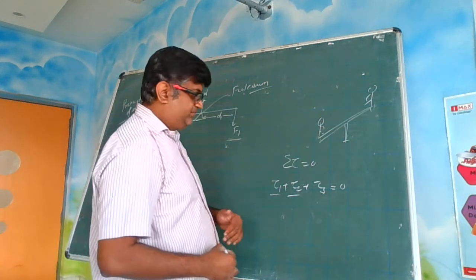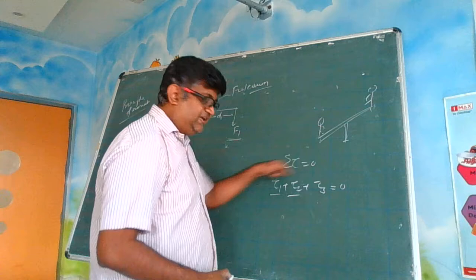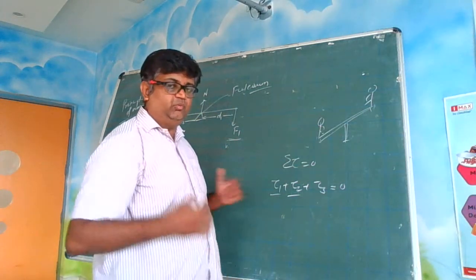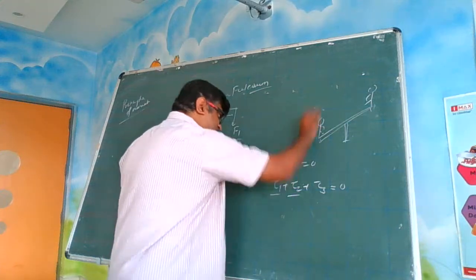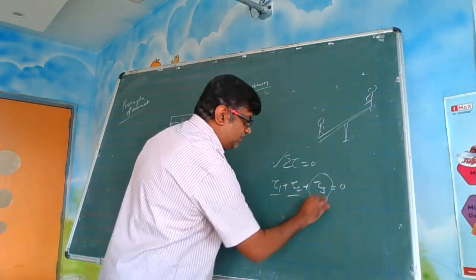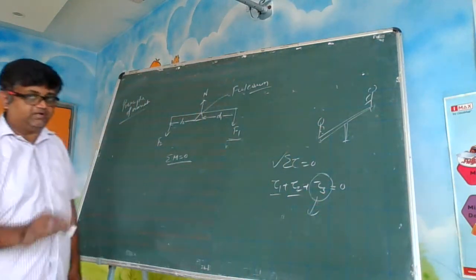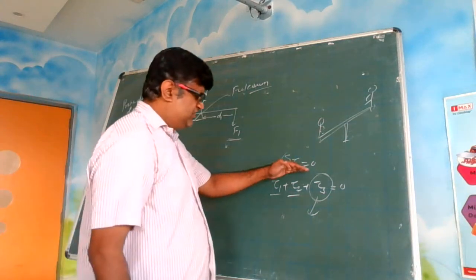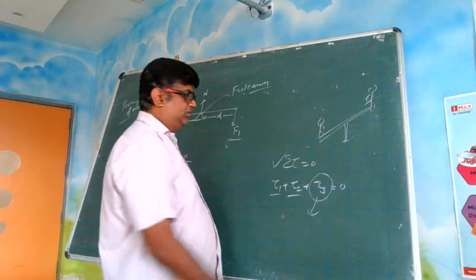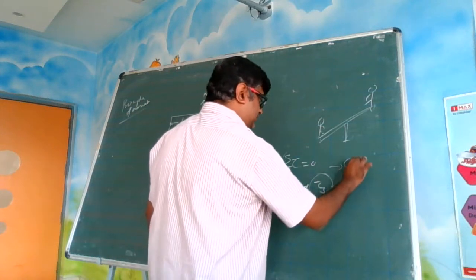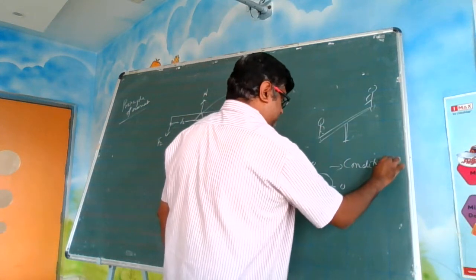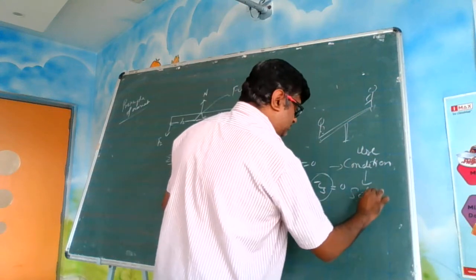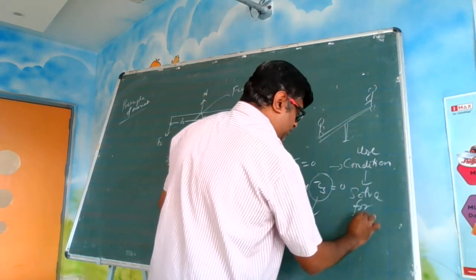और if I say that this system should be in equilibrium, so what is the condition? I will apply this condition and solve for the third unknown. That is what I am saying. Okay? System पे ये condition लगाओ and solve for the unknown. So what is the step? Use condition and solve for unknown.